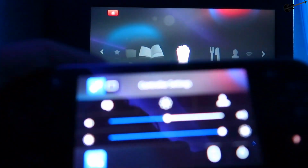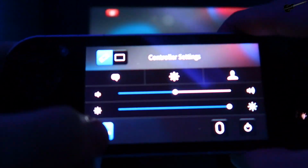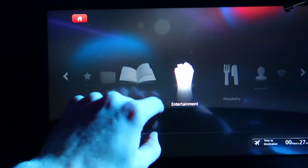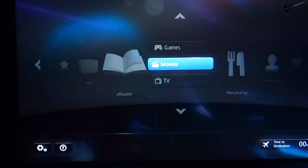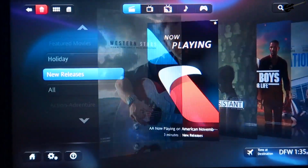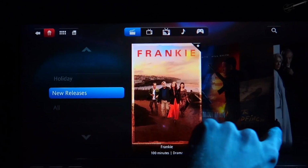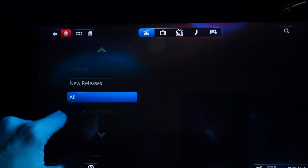First off, there are two ways to control the monitor. One, either by the small controller, or two, just by touching the big screen. Personally, I found the larger screen to work better, as the game controller lags a bit. As this is a wide body that routinely flies international flights, the system is equipped with a long-haul flight's worth